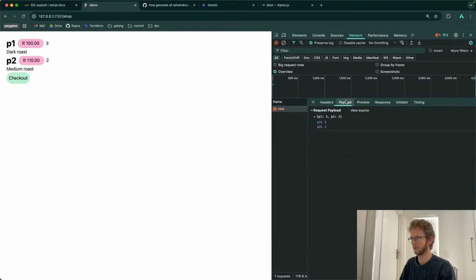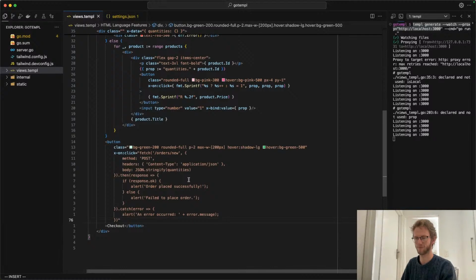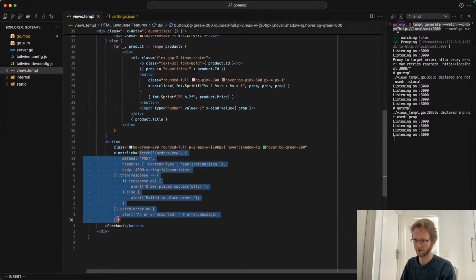All is new. There's my payload. Super basic. Again, I'm aware there's no type hinting over here. But it's okay for now. Like I say, small pockets of little JavaScript that I might need, but other than that,